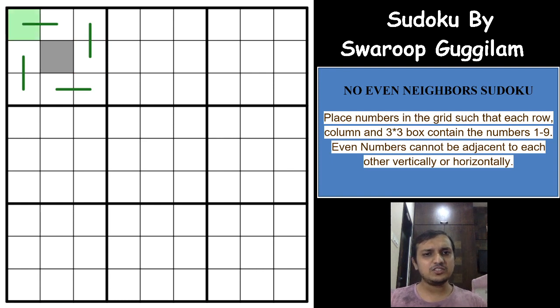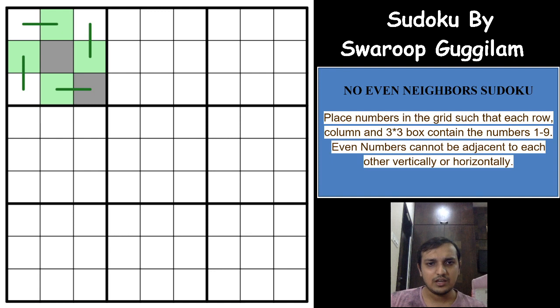Now what happens if this digit is even? You will form a 4 corner boxes pattern that we have seen earlier, which is never possible in a no even neighbors Sudoku. So we have eliminated one of the possibilities. What happens if this is the case? You can have exactly 2 possibilities of even digits to be placed: one was the 4 corner places and one is the 4 middle places. So what happens if this is the case?